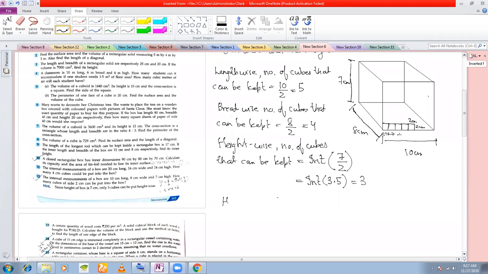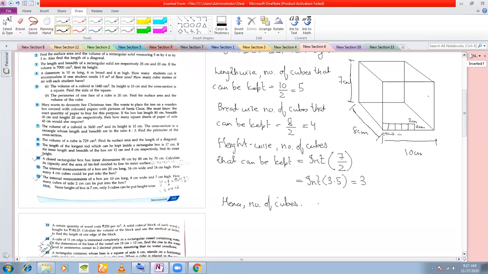So hence, the number of cubes that can be put in the box, of edge 2 centimeter,